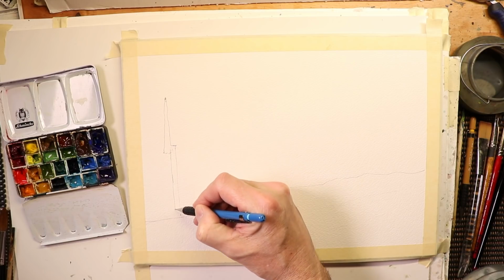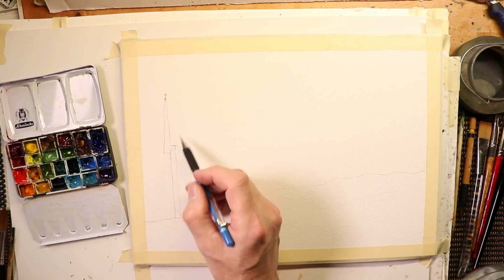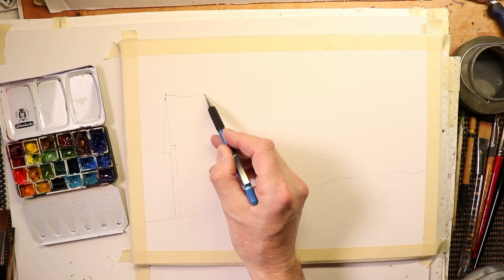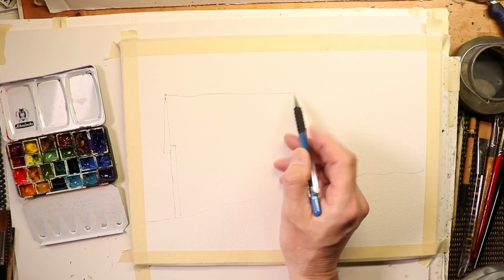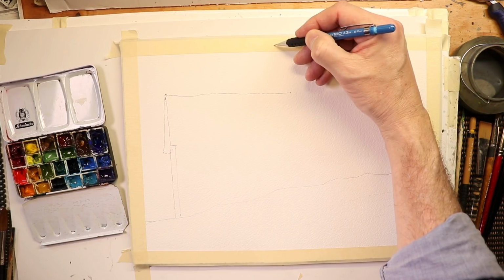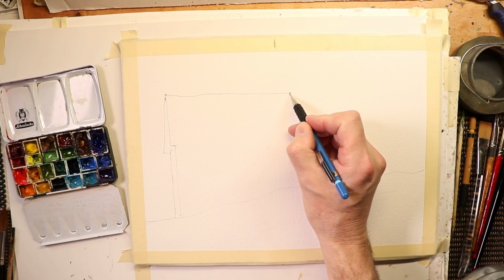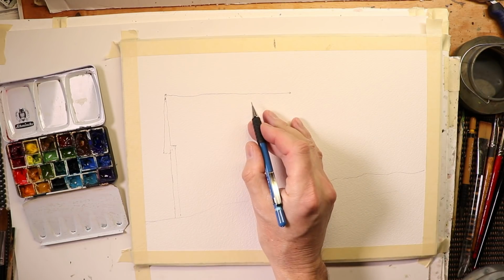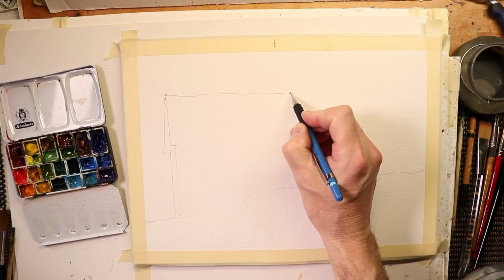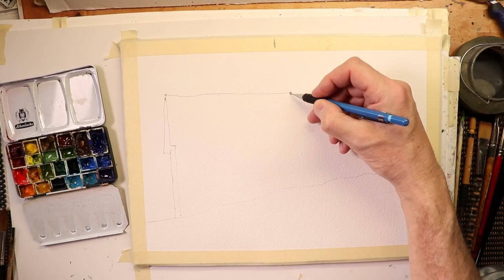Okay, so we have the roof line here. And I'm just going to go over, this is about halfway here on the paper. So let me turn down that light a little bit. Okay, I hope everyone can see the pencil lines here. Maybe I'll go over the pencil lines a second time. And then we're going to...